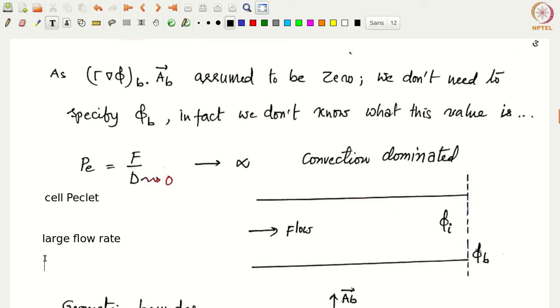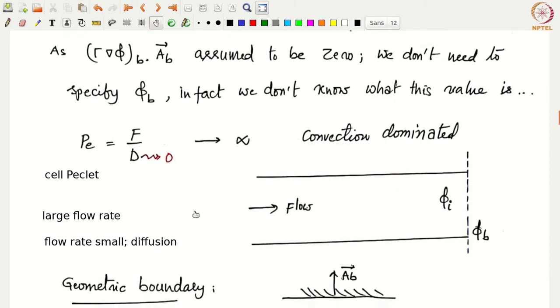However, if the flow rate is very small, and if the diffusion plays a role, then we of course need to specify the value of phi b, because the value of phi b would diffuse and affect the value of the cell centroid for near boundary cells. Okay, so that needs to be accounted for, but otherwise for most of the problems, for the convection dominated problems, whatever is happening inside is convected downstream, and the diffusion effects between the cell centroid and the face are quite small. Okay, all right. So that is about the implementation of outflow boundary conditions.